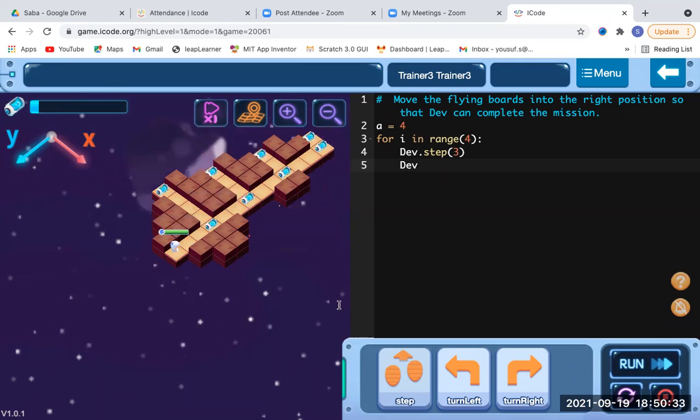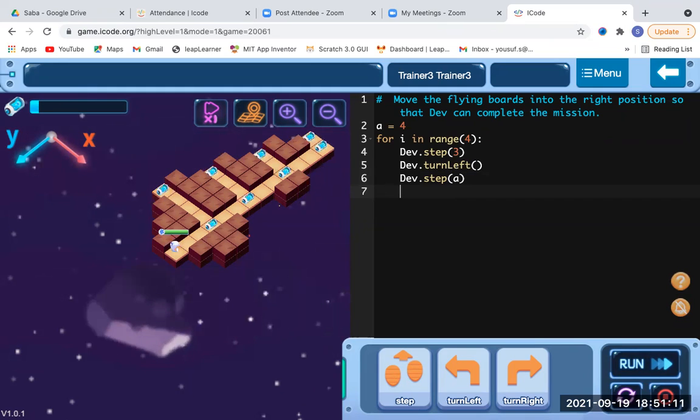Then he has to move A steps ahead, because A equals 4, and he has to move 1 2 3 4 steps forward. Same as A, we have to take minus A, because he needs to come back, and the minus sign is the convention to move any object or player, you can say a Dev sprite, back.